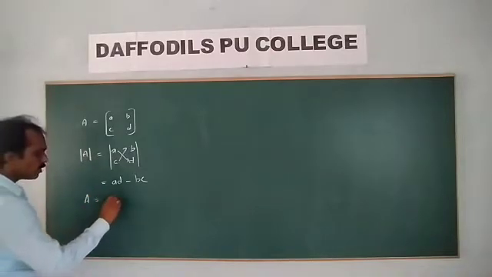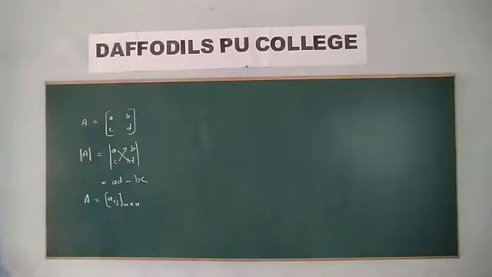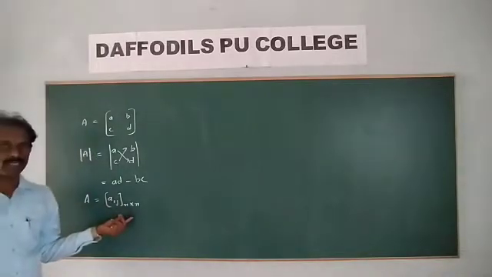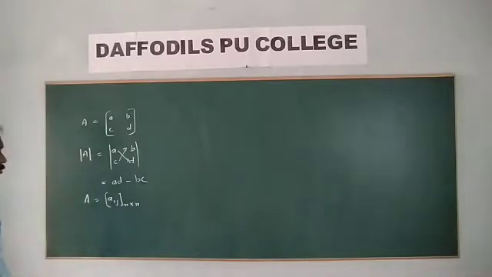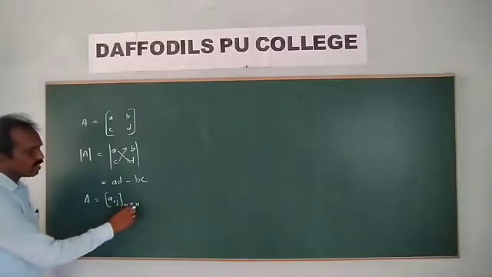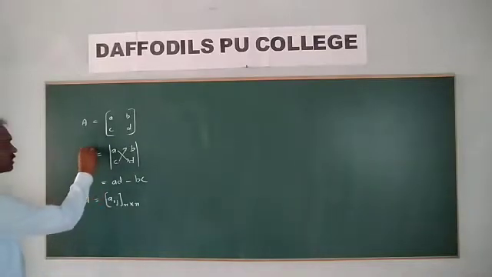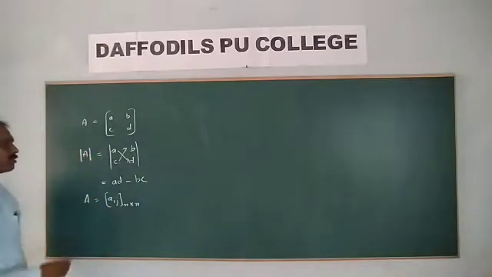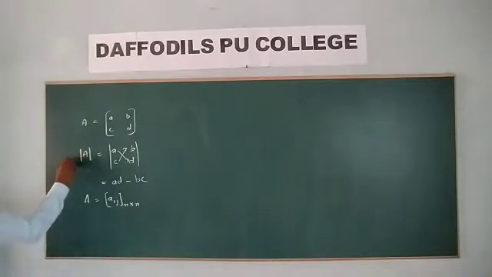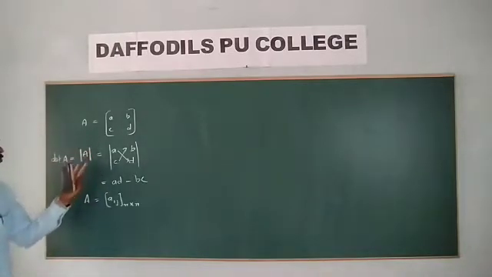Let A equal to aij be a square matrix. Determinants can be found only for square matrices. Aij is n by n, meaning i-th row and j-th column are the same in number, so n by n means a square matrix. This is not a modulus. We represent it with two vertical lines, |A|.